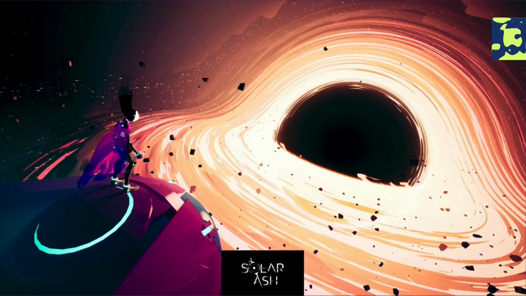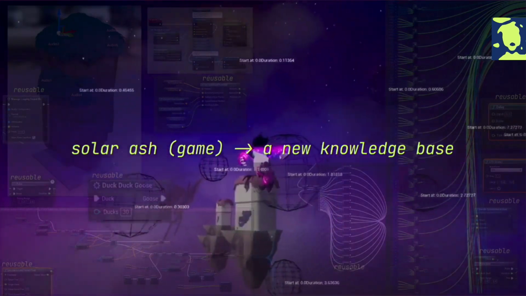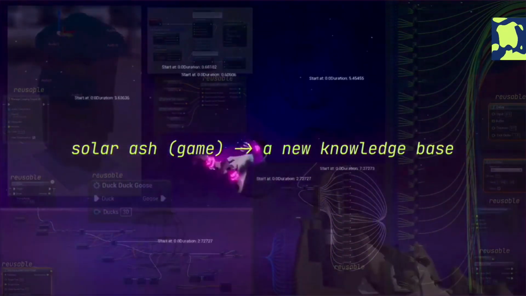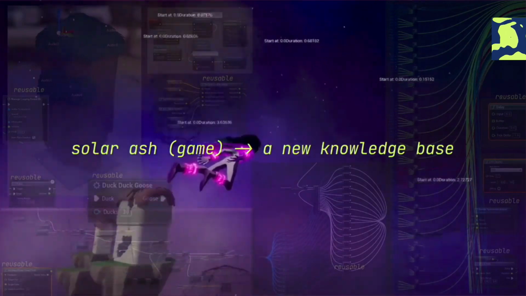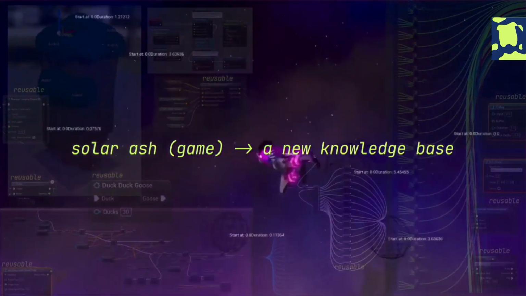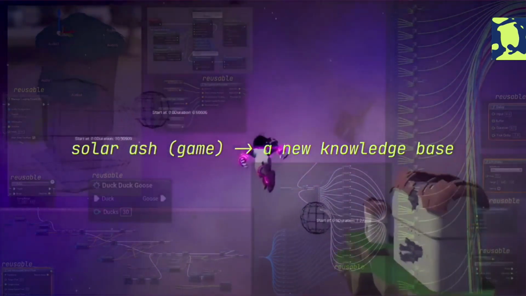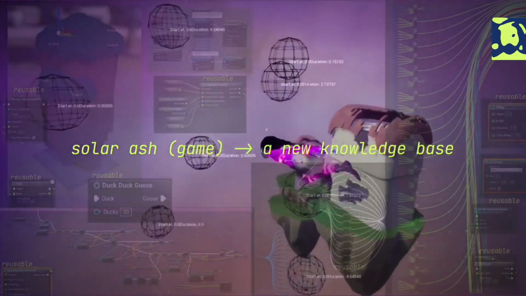The game took 6 years to make, and I worked on it for a pretty large majority of that time. It's an ambitious open world game, and so it came with a whole new set of challenges. And in thinking about this byproducts concept, I think about this game Solar Ash. For me, what it yielded was a new knowledge base, because I built a huge library of reusable code, whether it was audio effects, new maths that I hadn't interacted with before,